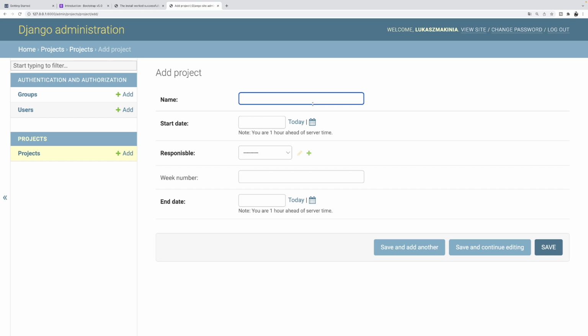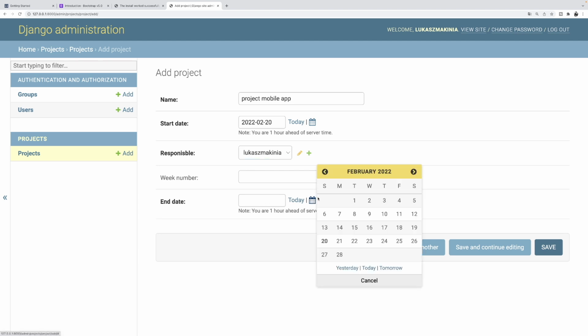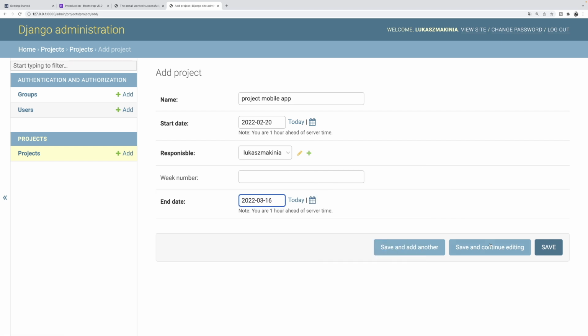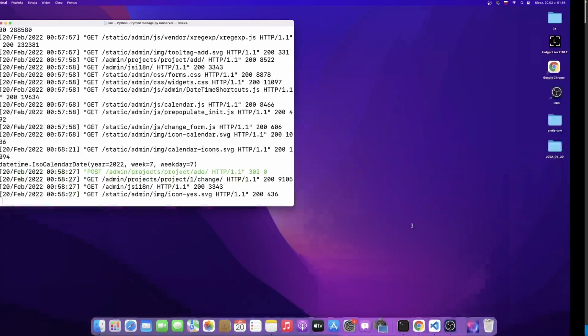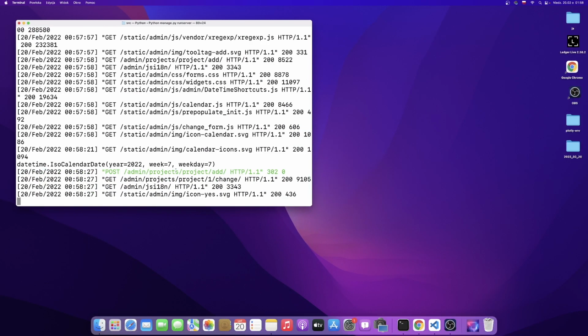I'm going to name this project Mobile App. I'm going to set the start date as today. I'm going to set me as the project manager, and then I'm going to add the end date, maybe somewhere in the middle of March. I'm going to press save and continue editing,